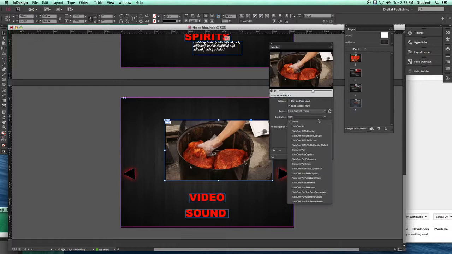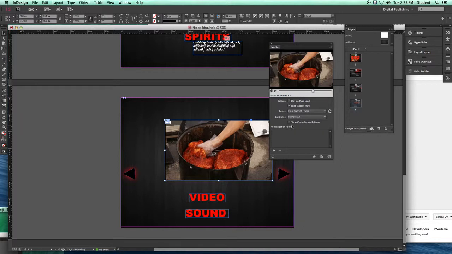And for controllers, I could do skin over all, and skin over play. If I just want to have the play button, skin over play mute. There's all kinds of choices here. I'm going to say skin over all, and I'm going to let it show the controller on rollover. I could add some specific navigation points within here, which I'm not going to do. And there we go. Then I can save it